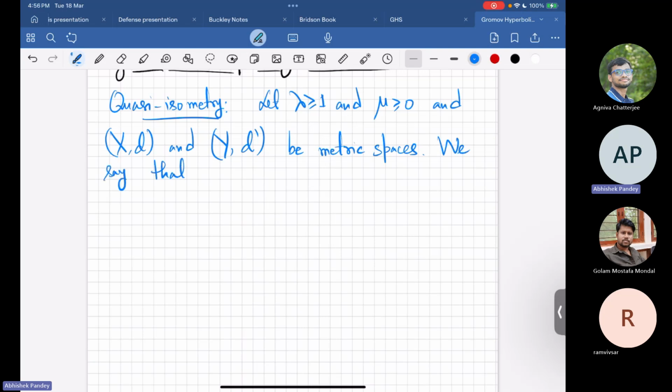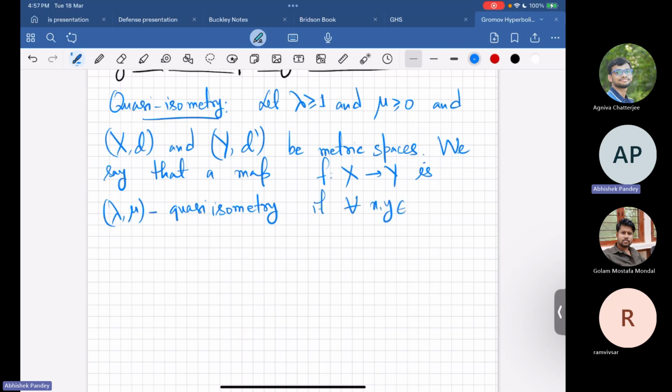We say that a map f from X to Y is a (lambda, mu) quasi-isometry, or quasi-isometric embedding, if for all x, y belonging to X we have